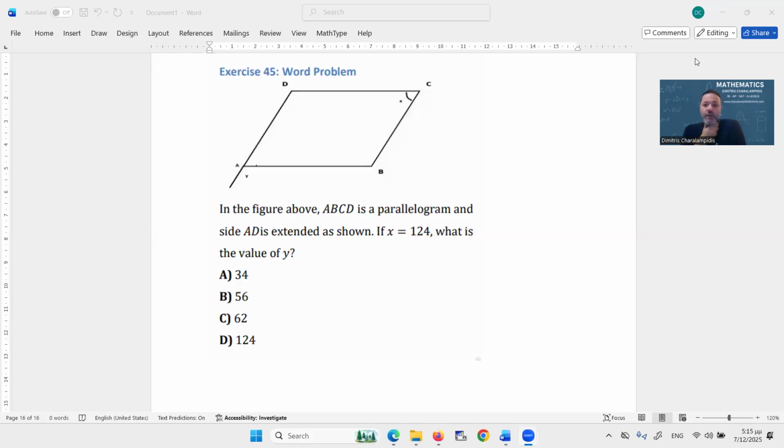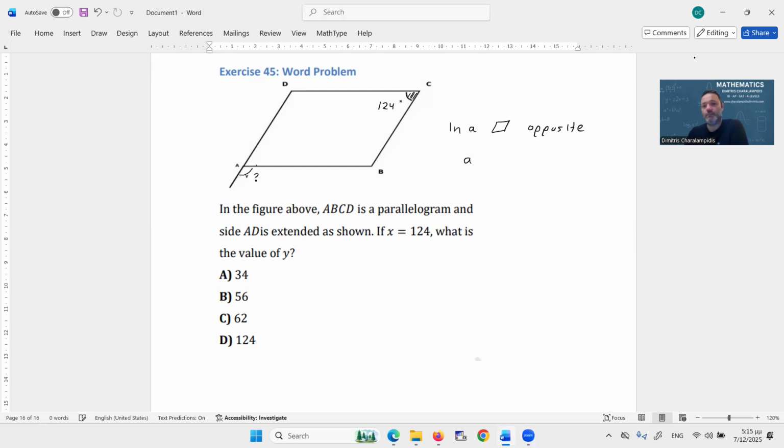Exercise 45. In the figure above, ABCD is a parallelogram, and side AD is extended as shown. If X is 124 degrees, so this angle here is 124, what is the value of Y? What is that one? Well, we know that in a parallelogram, the opposite